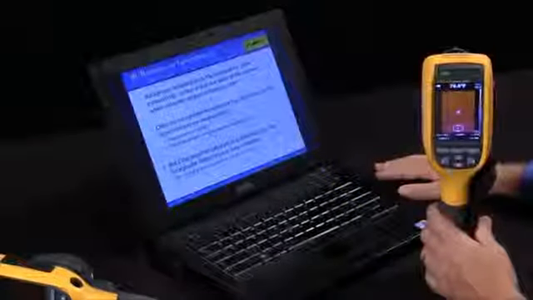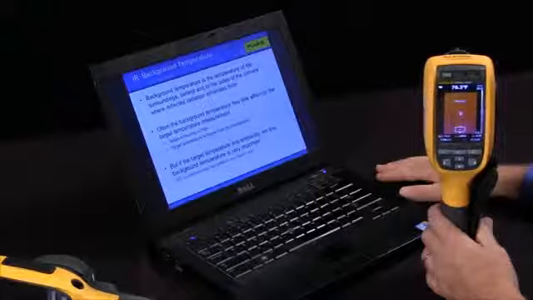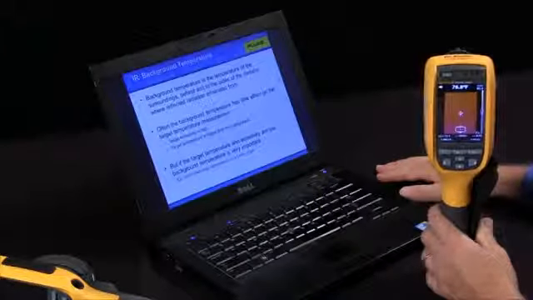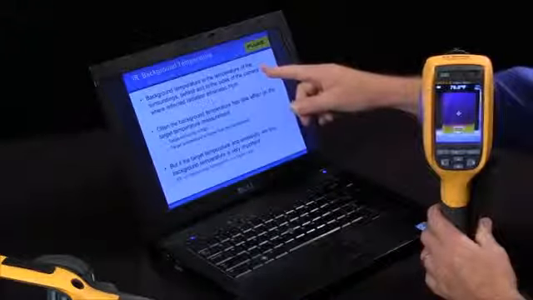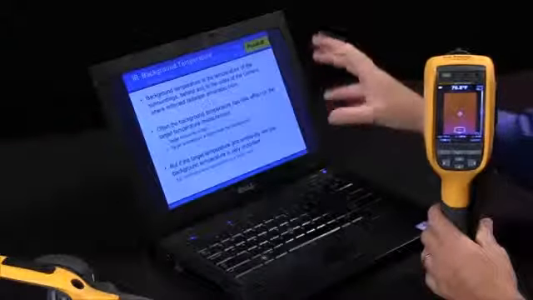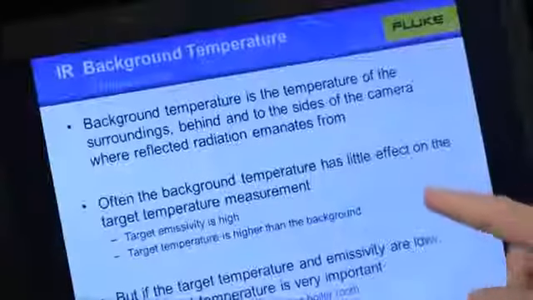So how do you determine the background temperature when you're taking an IR image, and how can you enter it into your Fluke Thermal Imager? Well, background temperature is the temperature of the surroundings, and this is going to affect your image a little bit